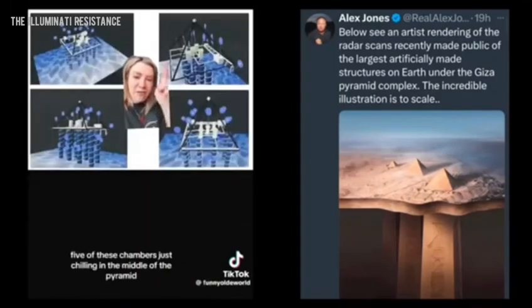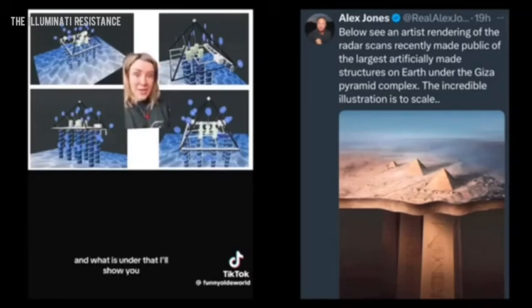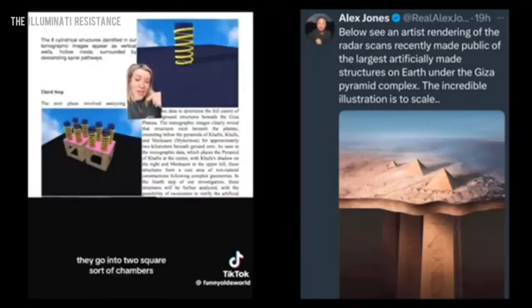So 5 of these chambers just chilling in the middle of the pyramid, and then 8 cylindrical, massive underground structures that go deep down. And what is under that? I'll show you. So 4 of these cylindrical structures dropping deep down into the earth, they go into 2 square sort of chambers, 2 square